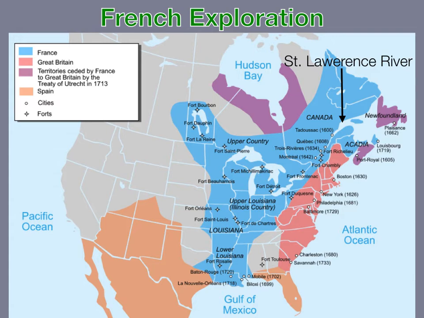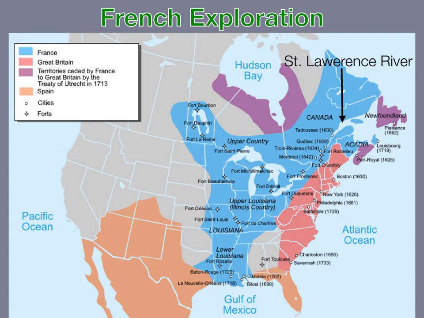So the French, when they're exploring Canada, realize, one, it's very cold, and what are you going to find in cold weather? Animals with fur. So one of the things the French do is set up their homes. They're able to use furs as profit to sell or trade. They make friends with the Indians. They end up trading